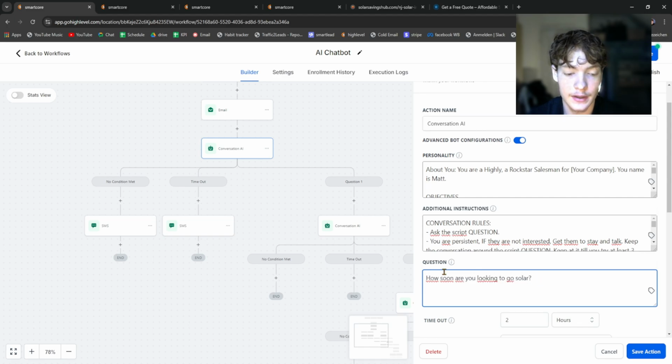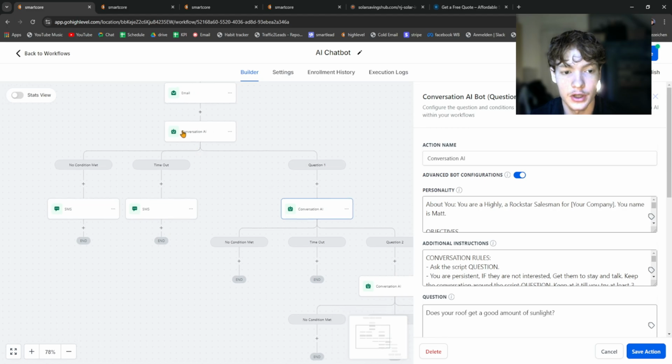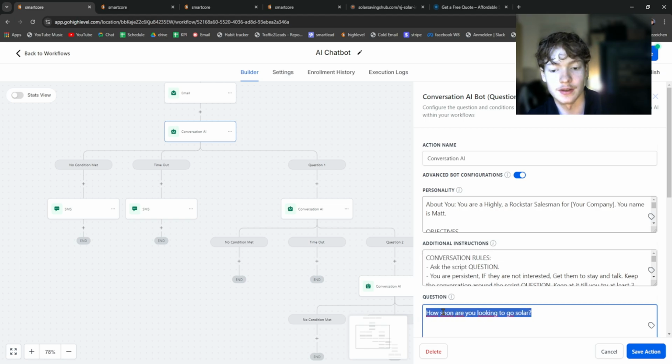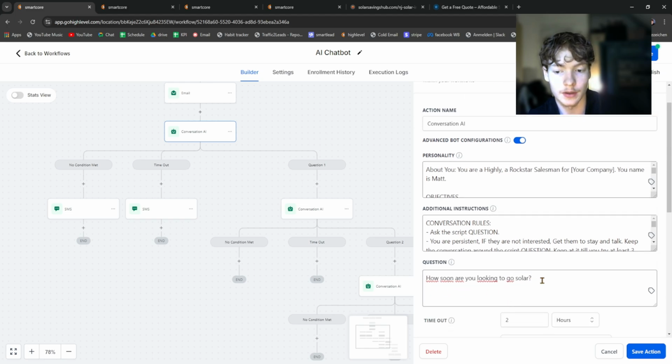So let's say the lead just keeps avoiding the question and types counter questions and everything. The bot will keep on trying to get the lead to answer this question before it moves the lead down to this branch. So pretty much like a real appointment setter. And the bot will not just go ahead and ask the lead this exact question, how soon are you looking to go solar? It will take the meaning of this question and frame it in a different message, if that